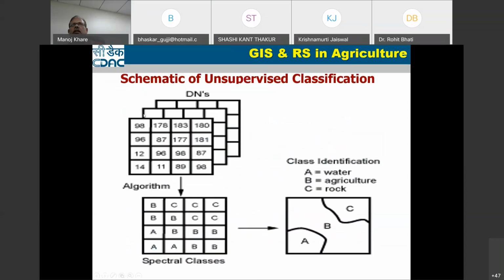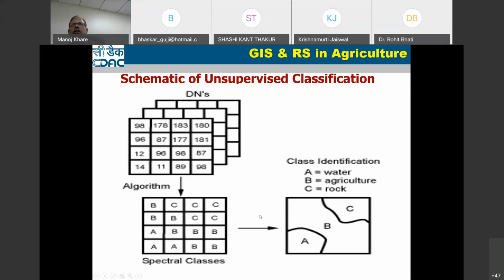Suppose the DN values, when we go for this area, I have classified into 3 classes. Whatever you see as 98, 97, 90, this area will be taken into one class. Wherever the area is between 80 and 90, it is classified into class B, because this is a range of samples. Whatever area has pixels of more than 170 will be classified into another class, C. Similarly, area which is less than 20 DN value will be classified into one class. That way the entire area will be classified into three classes: A, B, C.